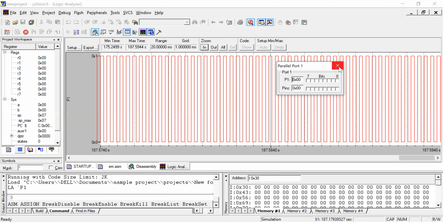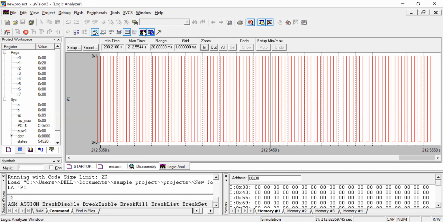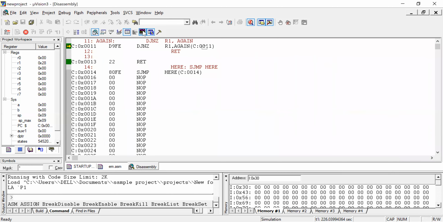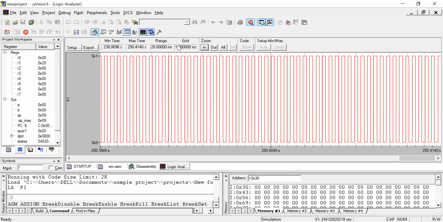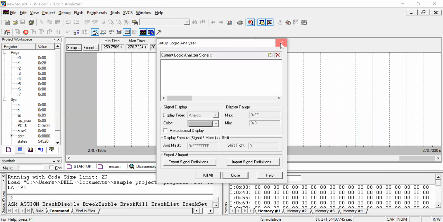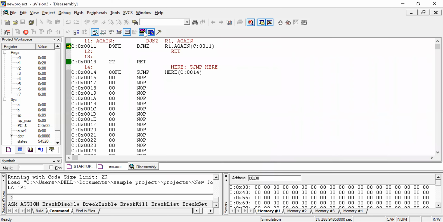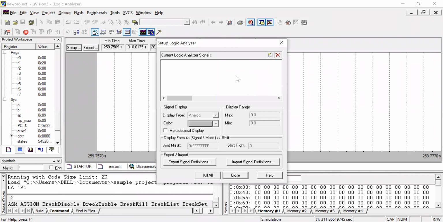See, here there is a graph. I will stop this. I'll tell you how to generate this. You click on this, go to setup.